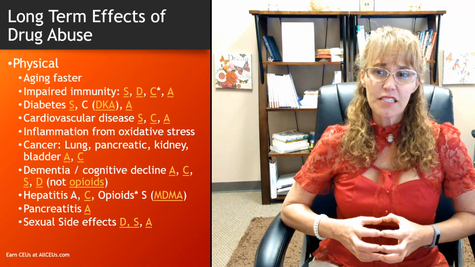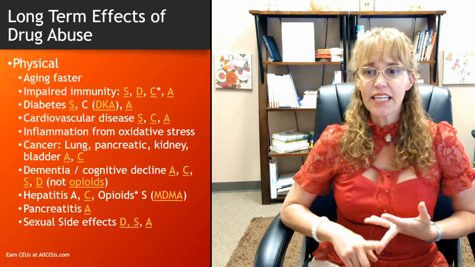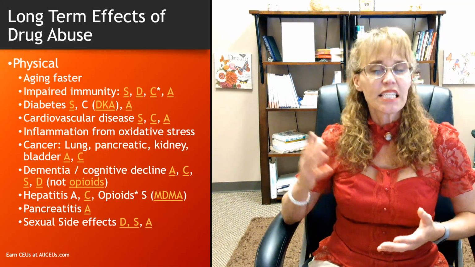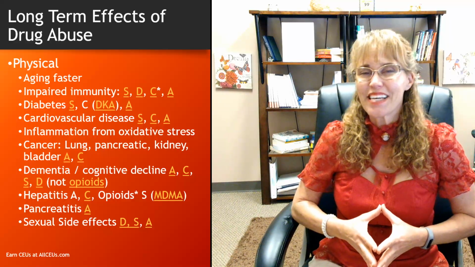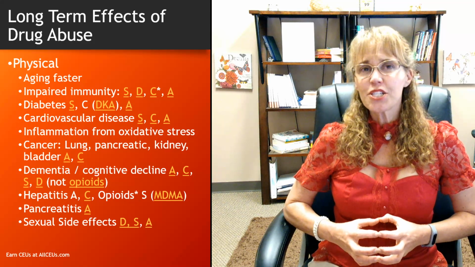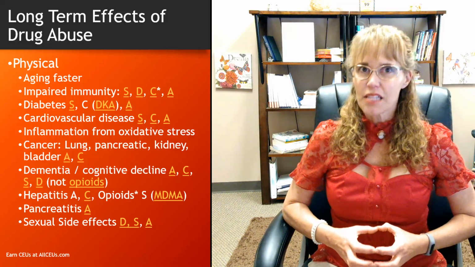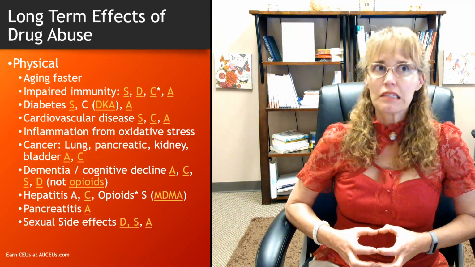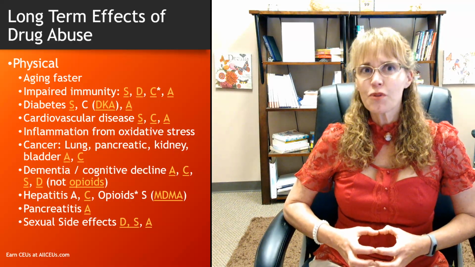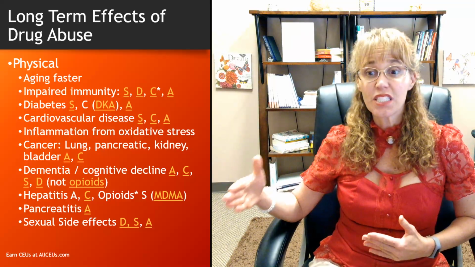Alcohol and cannabis specifically were associated with increases in lung, pancreatic, kidney, bladder, and a variety of throat and other cancers. Tobacco was too. I just wasn't looking at those things, at tobacco, going through this list. Cancer has been associated in many studies with increased inflammation. Substance use, substance abuse, addictive behaviors, and stress tend to increase inflammation. That increased inflammation and increased inflammatory cytokines has been strongly associated with the development of cancer.